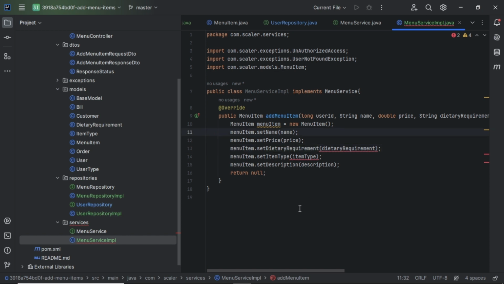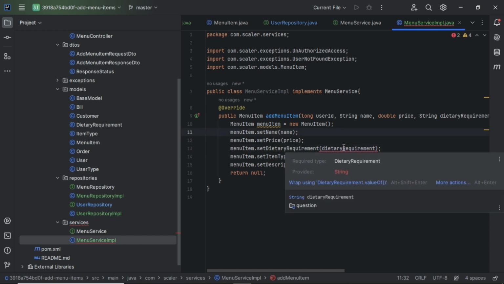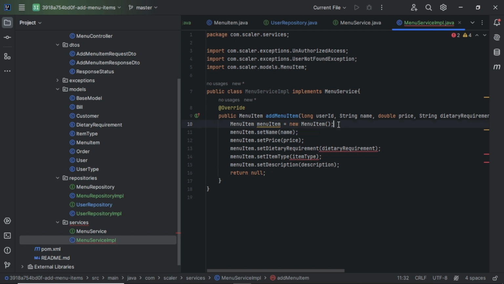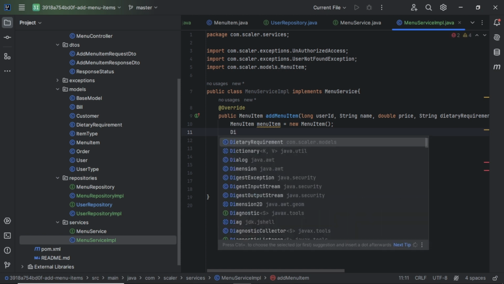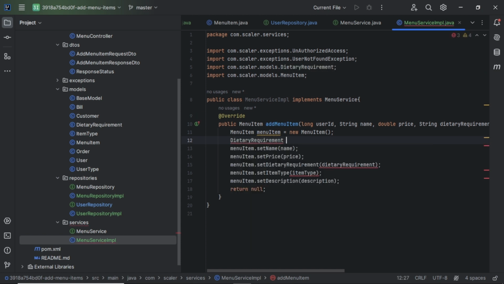Okay, so now you can see here we have two errors. So now we will just convert this string to the dietary requirement type. Simply we will write one thing here, we will keep a variable called dietary. So we will write it down here, dietary requirement, and I will keep it as dietary, like this, dietary equals.